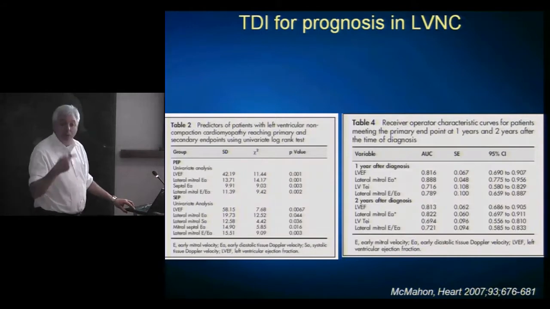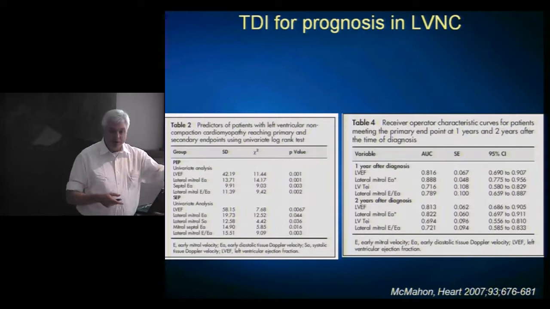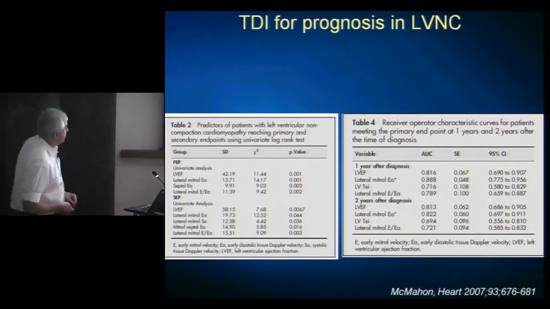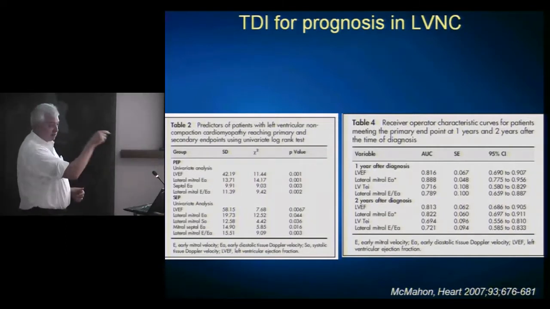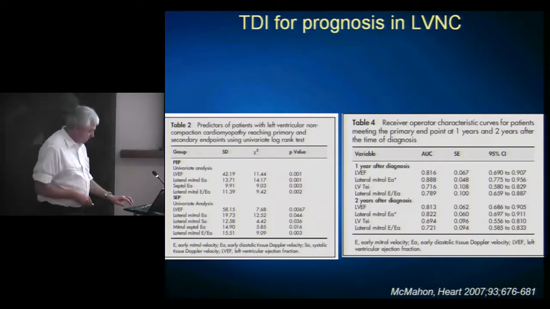And here tissue Doppler will be helpful, because often you can eyeball the right ventricle, but if you put a tissue Doppler on the lateral tricuspid annulus, you can quantify this much better. And it should correlate with TAPSE as well, although I don't know of any studies that have specifically looked in children at that. So again, this is just showing the univariate